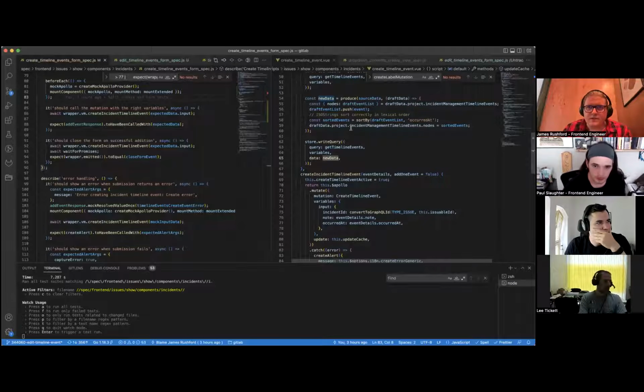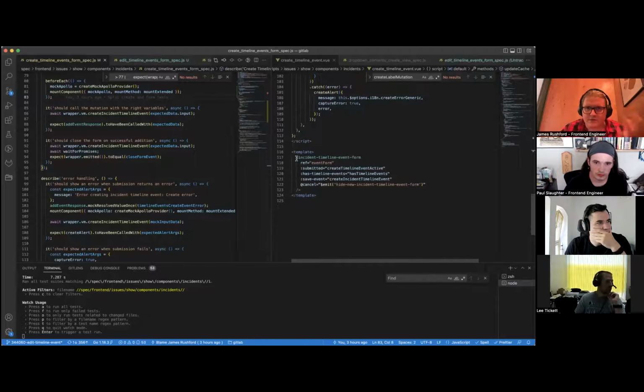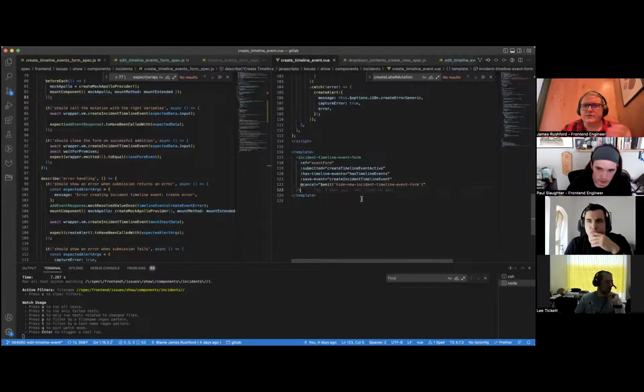component, which I split between create and the actual form itself. It used to be the form was within create. Now it wraps around this form, and also the edit timeline event wraps around this form. Is the form a presentational component, and this does all the